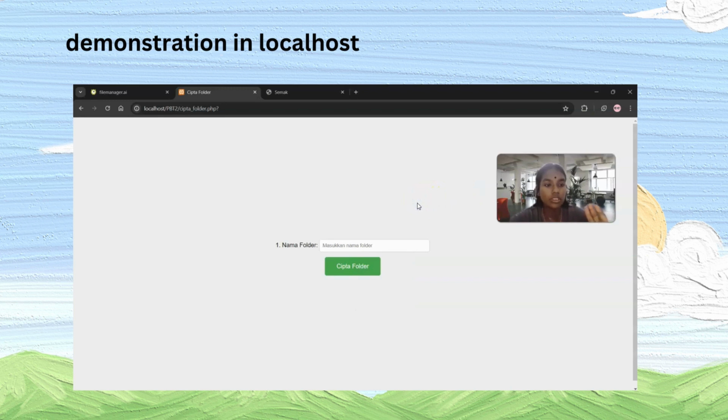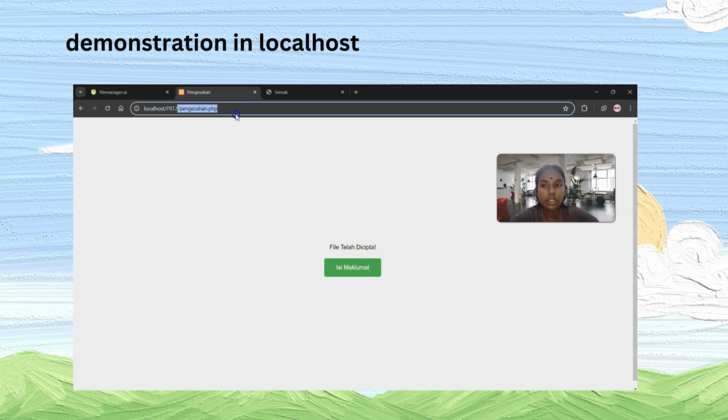So you just put the same data based on the question. So the nama folder is just put the game based on the question. Then cipta folder and masukkan nama file. Then they ask to put the name of the file. And then this one is like cipta file PHP. Then you click the cipta file, and then after they will say that the file selected is created, and then